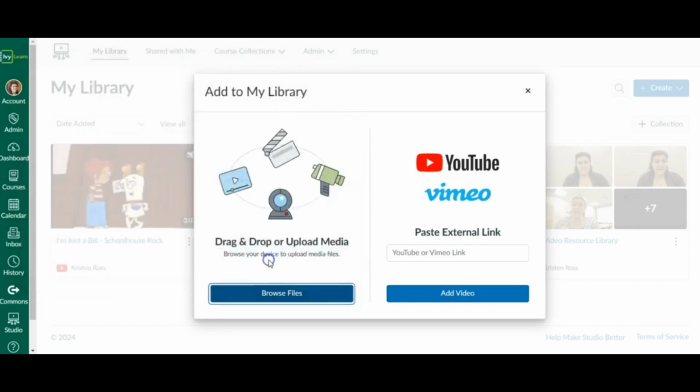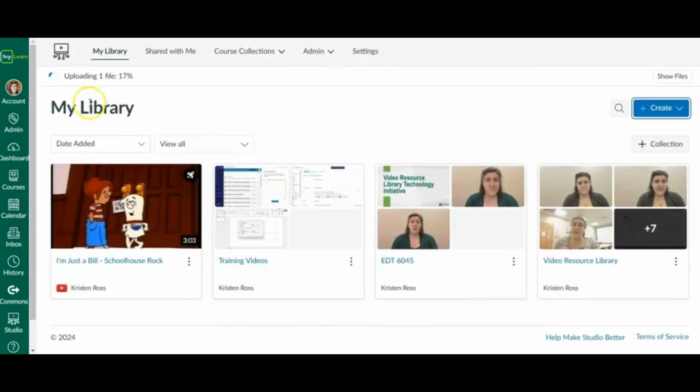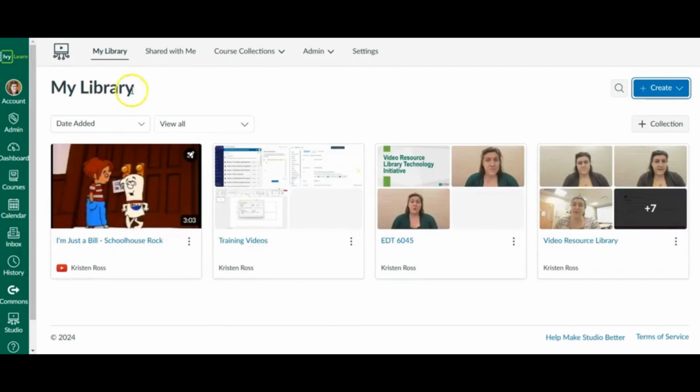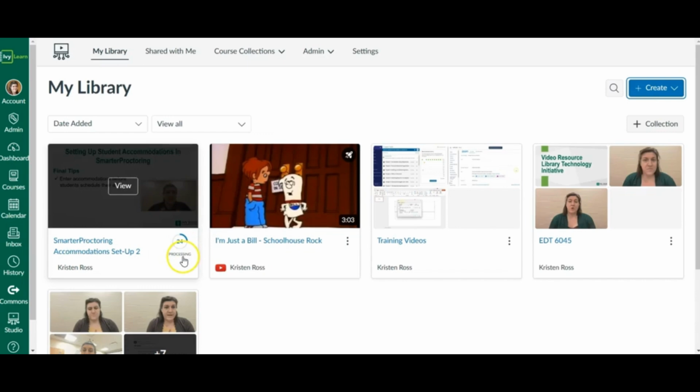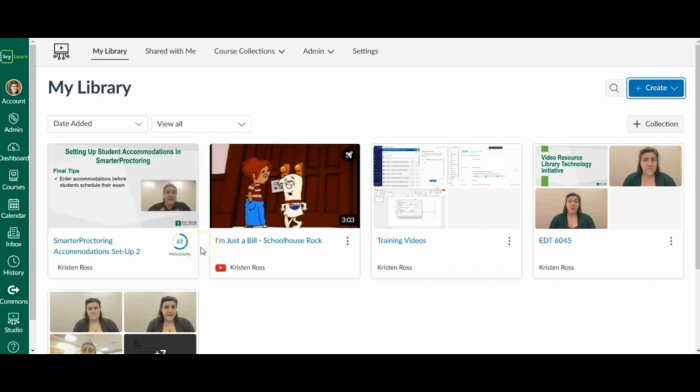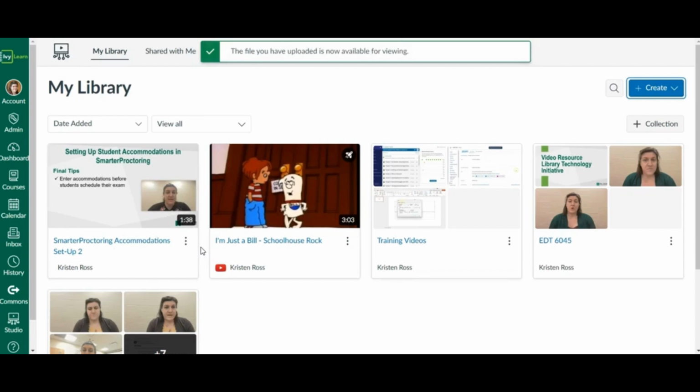So click on it, hit open, and then you'll notice up here it starts uploading. It gives you a status bar, and then it will add it right here, usually at the very left side of your library. Then it will start processing. So again, it'll give you another status update circle in this particular case to let you know how it's doing. And then when it's done, you now have it uploaded and it's available for viewing.